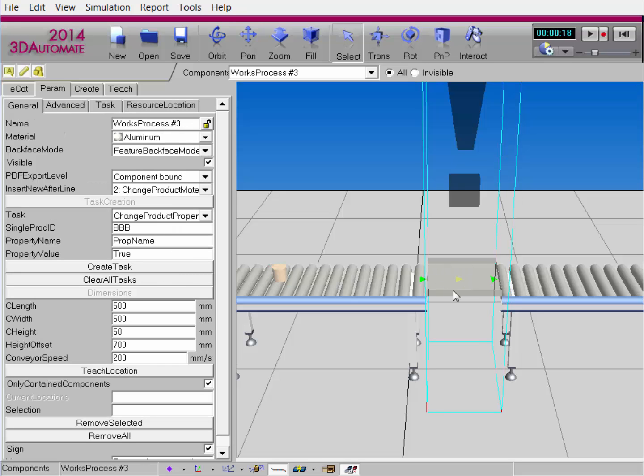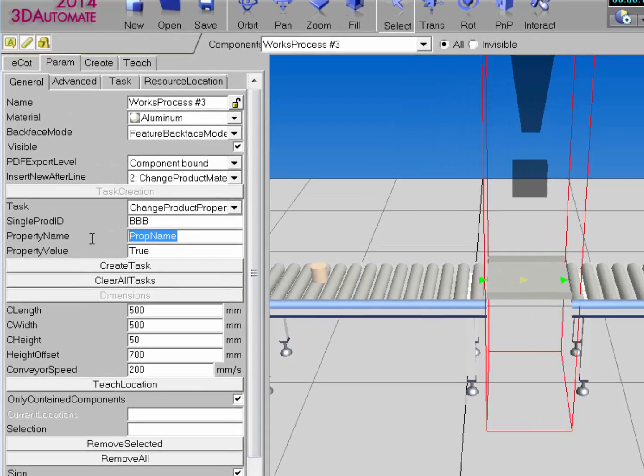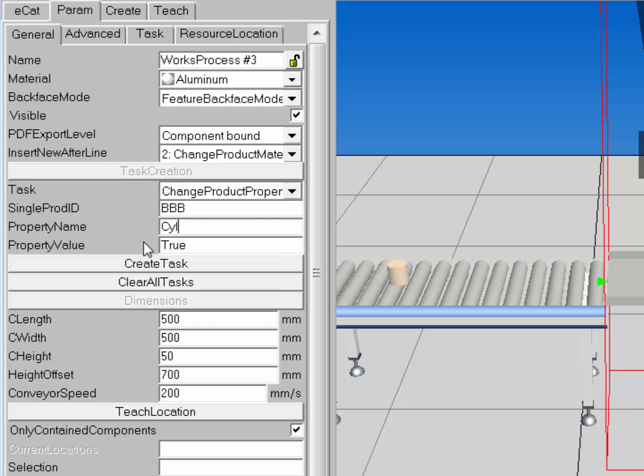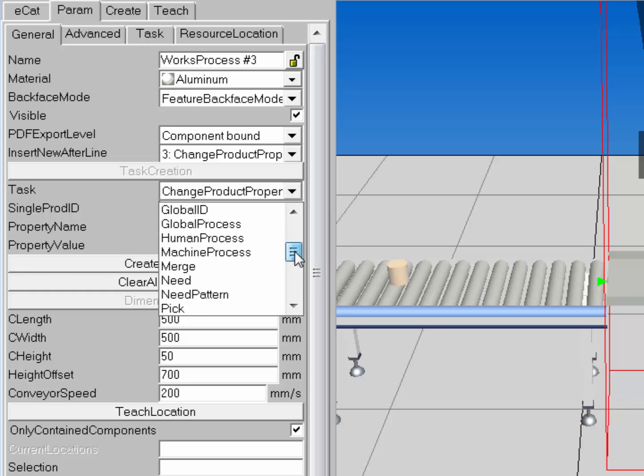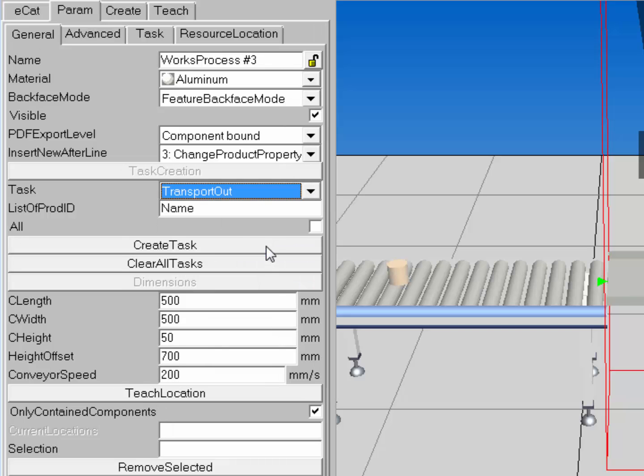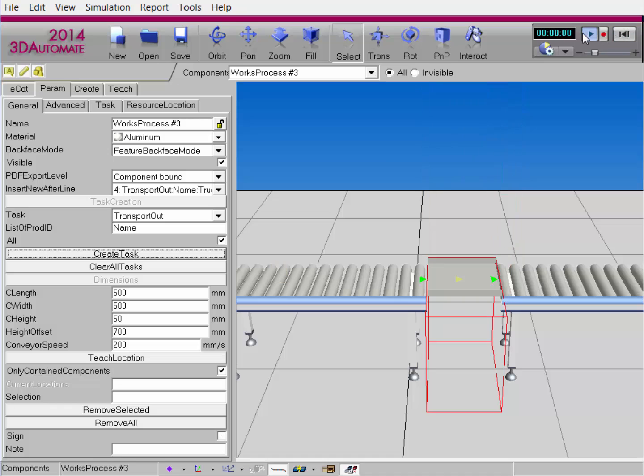So I'll go back to the works process component here, and I'll change that cylinder radius to be 200. I'll create the task, and then let's go ahead and transport out the component. And instead of using a product ID, I'll just use the all checkbox here to transport out everything. So I'll create the task, reset, run the simulation again, wait till it gets there, and boom, we changed that